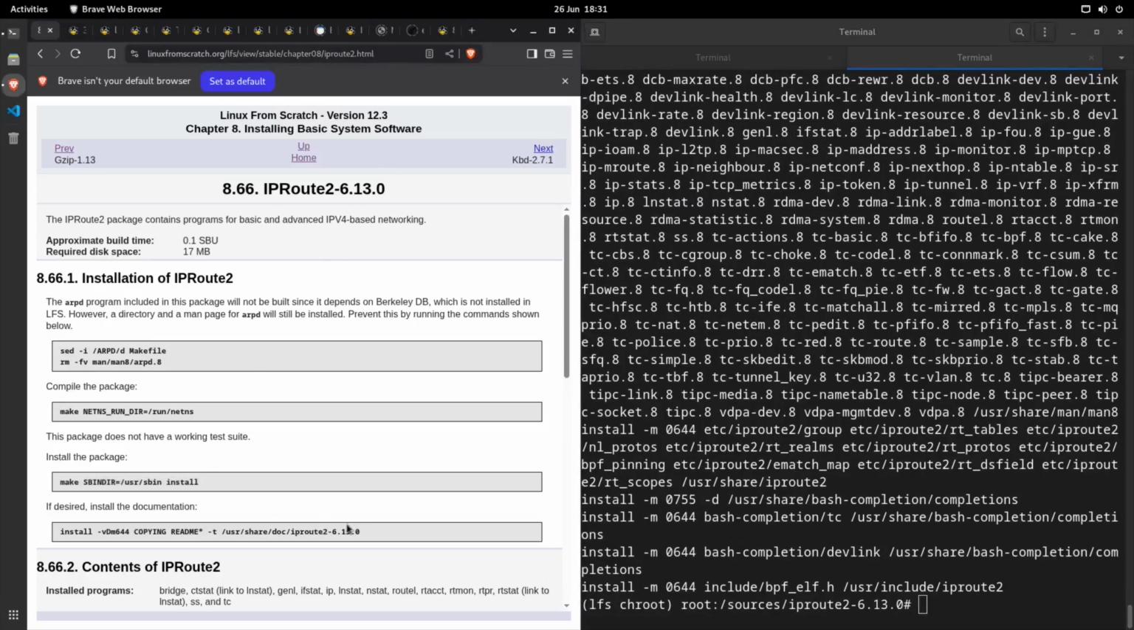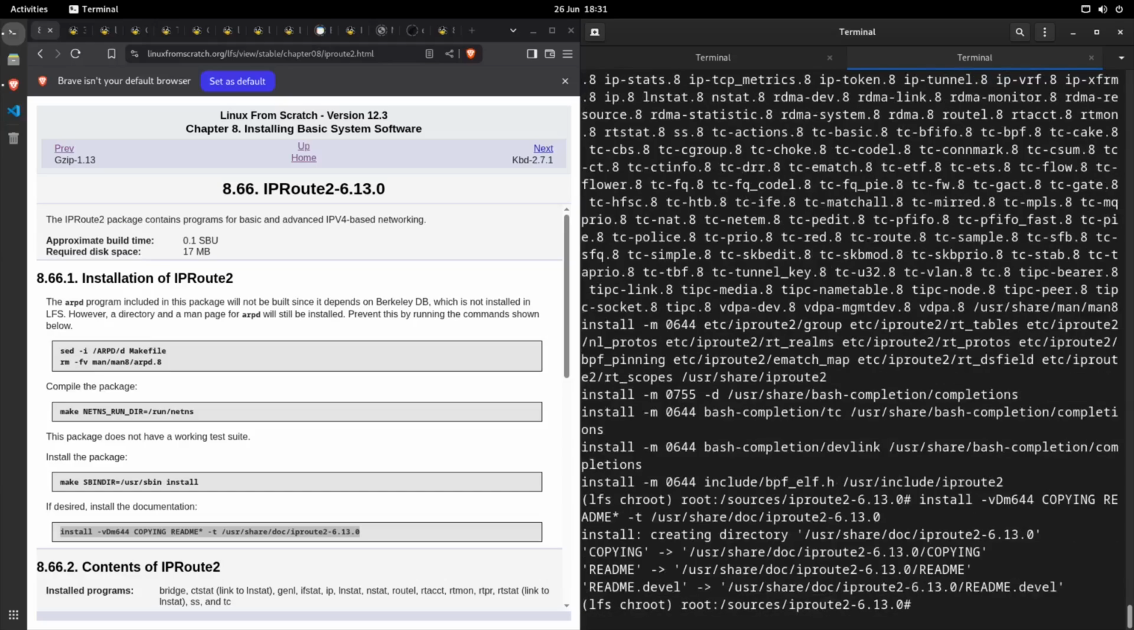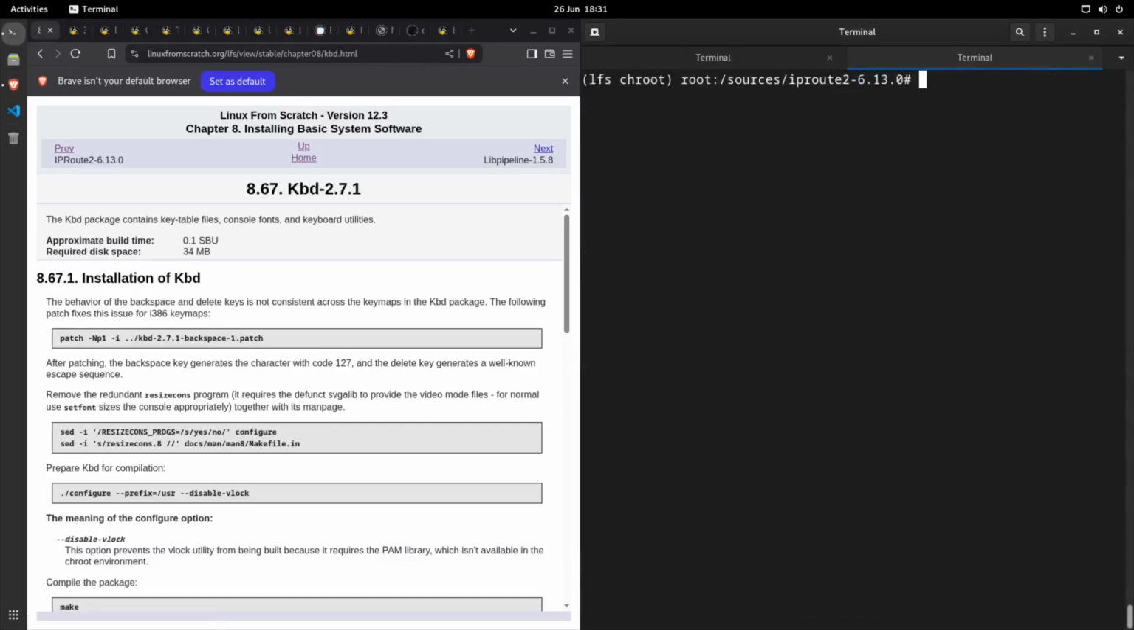So I probably got that wrong. If install the documentation. I always like documentation. Right, that's done. Right, so I've popped out like 3 times a day. So we need to cd out of here and rm -rf ip root. And then